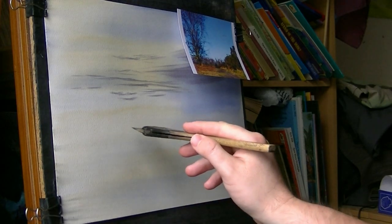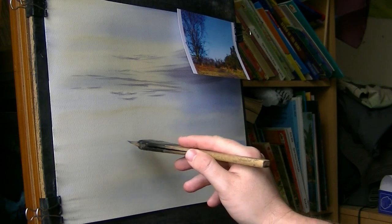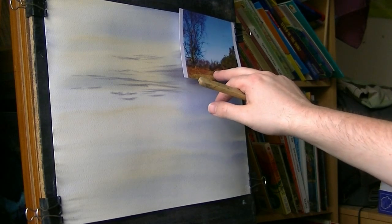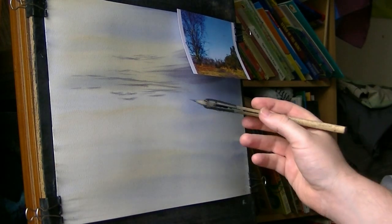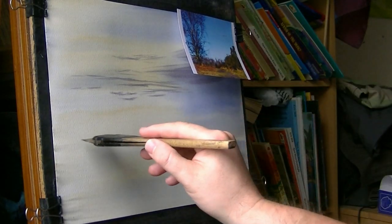Anyway, horizon, about a third of the way up. I mean, this one's quite low, but I wouldn't have much talk, because I really want to exaggerate this path a bit more. So I want to give me enough room. I want to push the horizon up about a third. So I'm going to put it up about here. So,